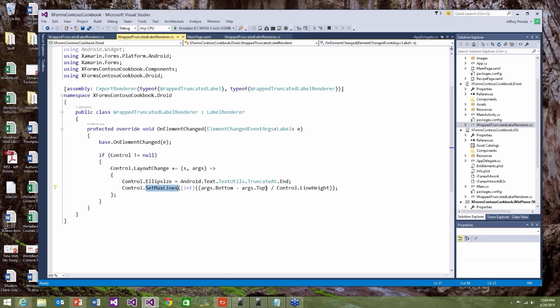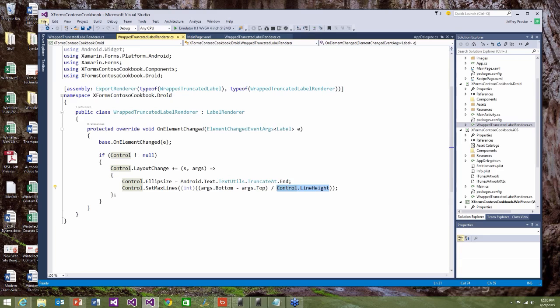And what I'm doing here is basically dividing the height of the control by the height of each line of text to figure out how many lines of text I want it to show. Now I could go much deeper into custom renderers. In fact, I have other examples here of custom renderers at work, but they are one of the most important tools in your toolbox for working with Xamarin Forms. And invariably, when you're porting apps over from Windows or Windows Phone, and you want to get the looks and the behaviors that you want in Xamarin Forms, you will end up writing